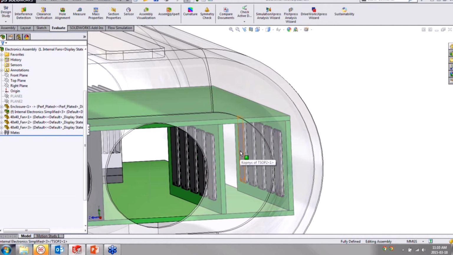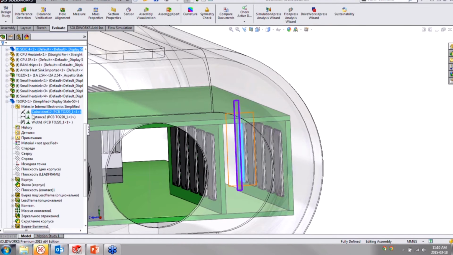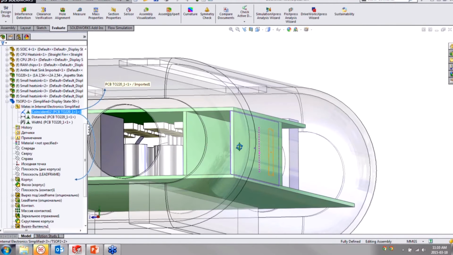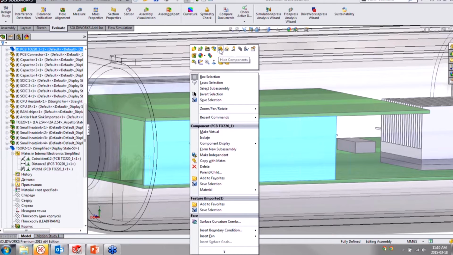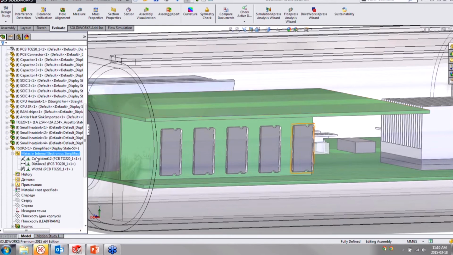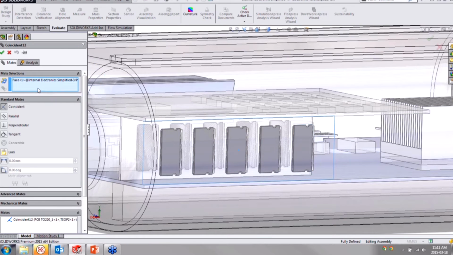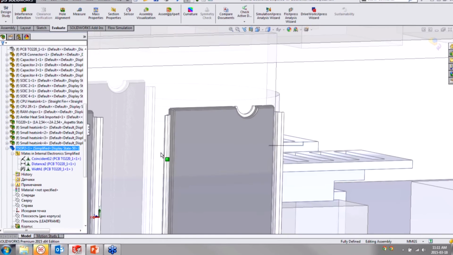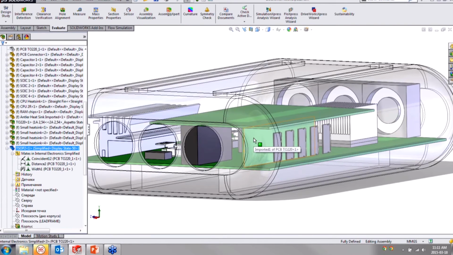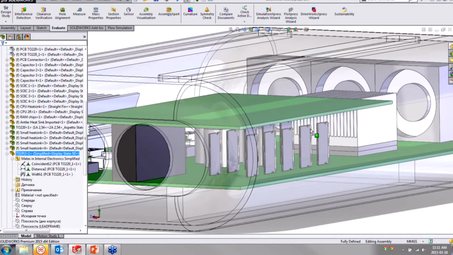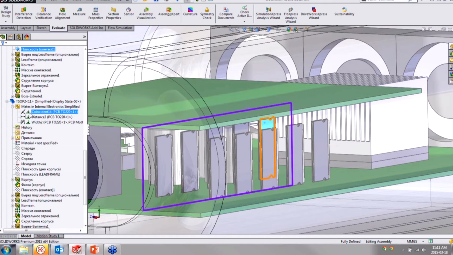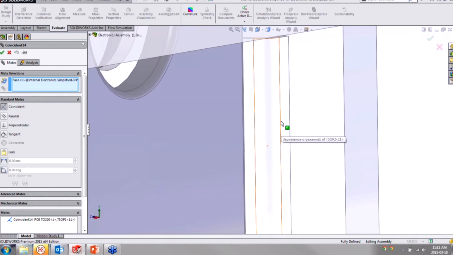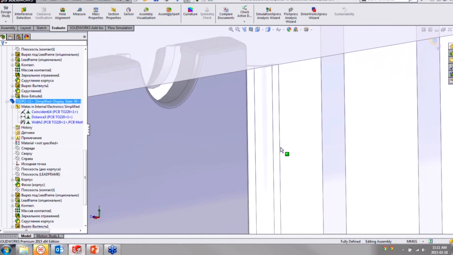Now, knowing how this thing's put together does help, and I think the problem here is just one of the mates where I've grabbed the back of the chip instead of the bottom of the feet. So to fix that up, let me just hide away this component here, and I'm simply just going to edit my mate to use the bottom of the foot instead of the back of the chip. So that should fix it for the one part there, and I'll do the same thing over here for this chip. And of course the fix for your interference is going to be different depending on what your model is, but